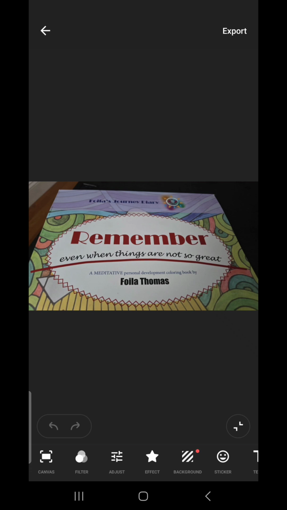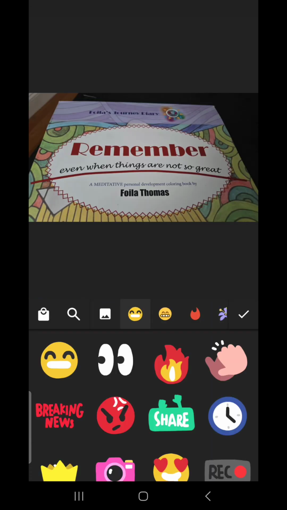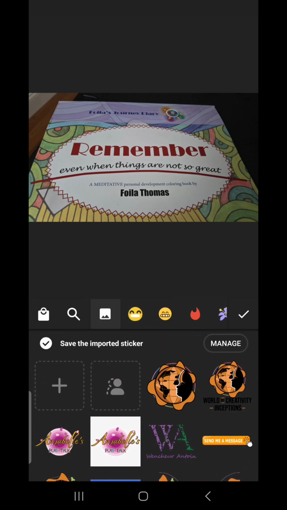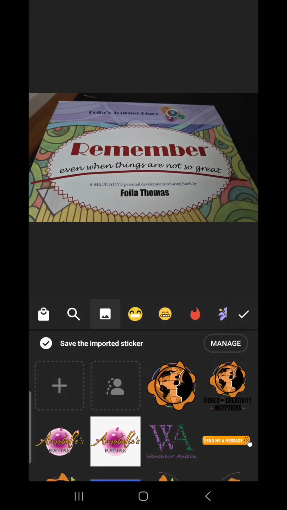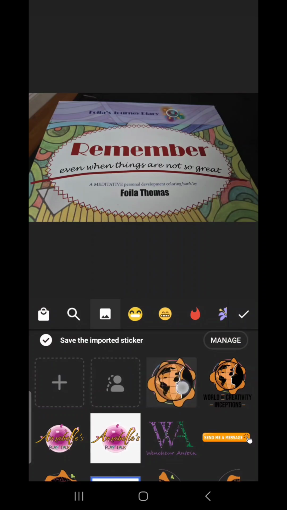And the first way you can do it, if you just want to do something quick, just put your logo and be done with it. This is how you would do it. You would go into your stickers, okay? And you would click on this right here, the image here, okay? And I already have my logo here, but if you don't have it as a first time user, you're going to click on this plus right here and select your logo